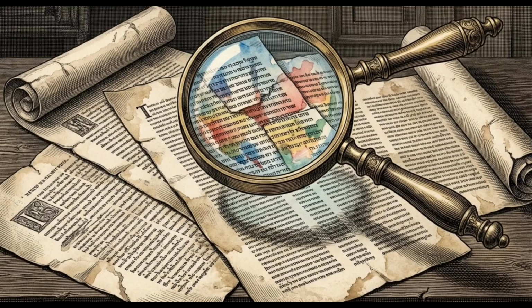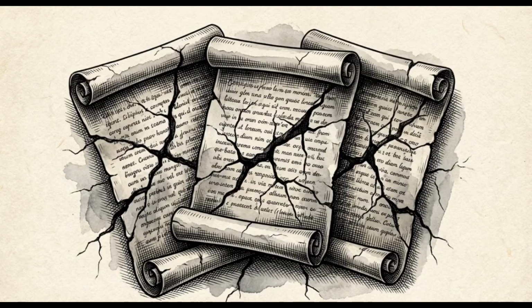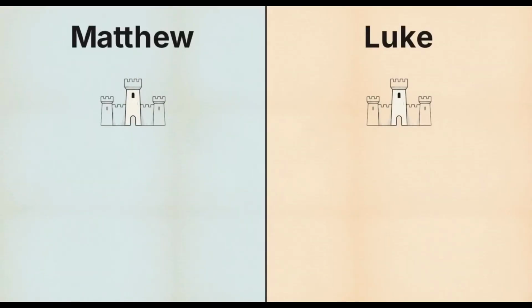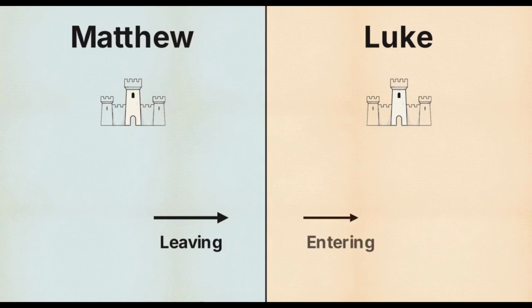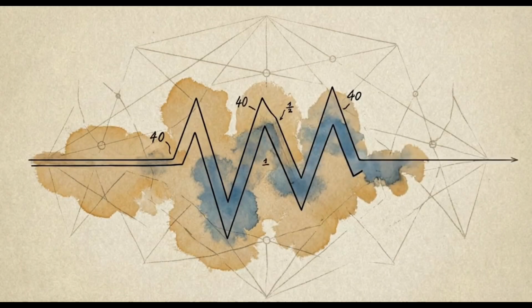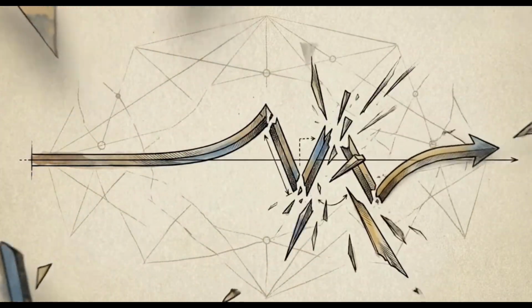Some critics argue that because the Gospels contain variations in details and timelines, their historical reliability is compromised. A famous example used to support this critique is the healing of the blind men at Jericho. This split screen visualizes a geographic contradiction. Matthew states the healing occurred as Jesus was leaving Jericho. Luke records that it happened as he was entering the city. There is also a numerical contradiction. Matthew clearly mentions 2 blind men, while Luke focuses on only 1. If you judge the synoptics strictly as modern chronological biographies, these variations appear to be errors that break the narrative.